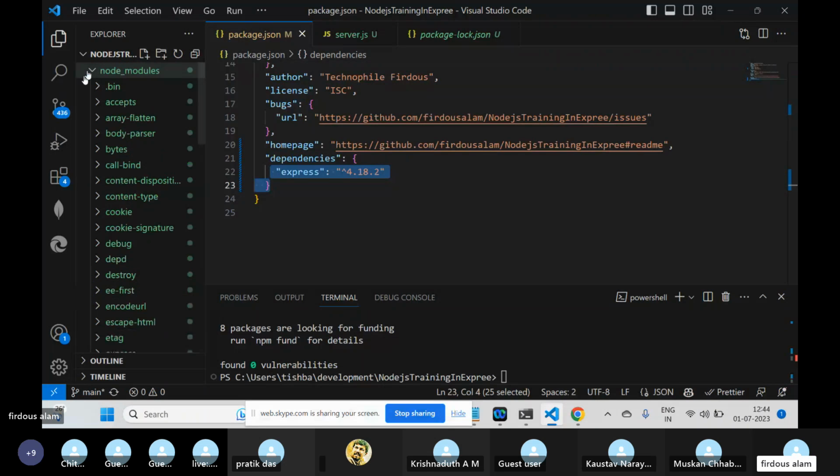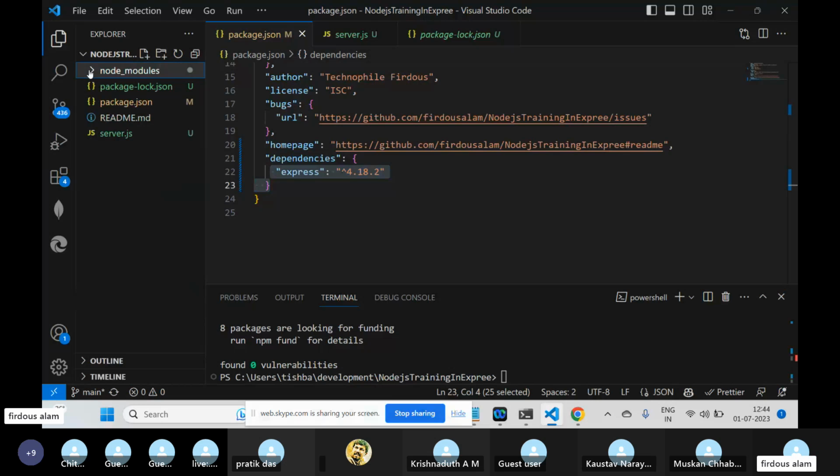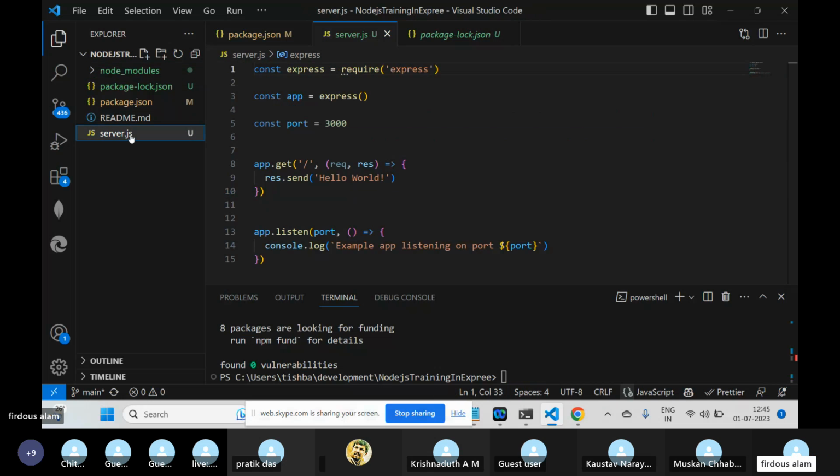Many times we get a project from teammates and it does not run properly. To overcome that, first install everything. For our case, since we have done it on our local machine, we already have everything installed, so we will not need to do this. Now we know we have installed Express.